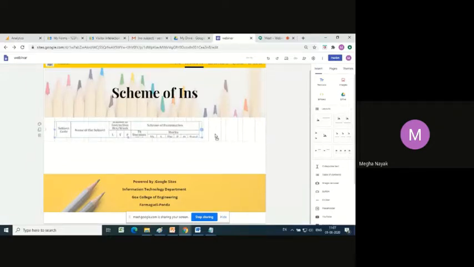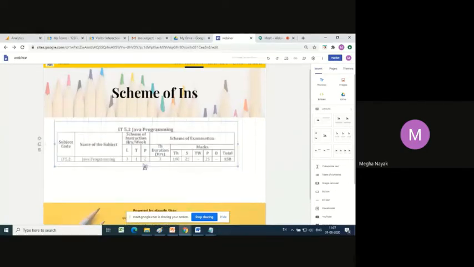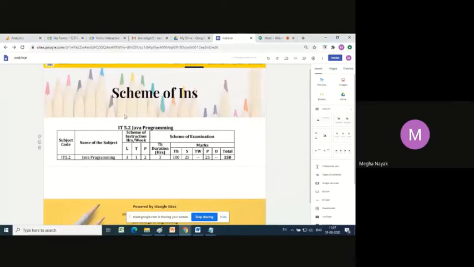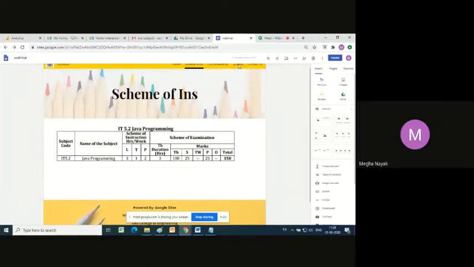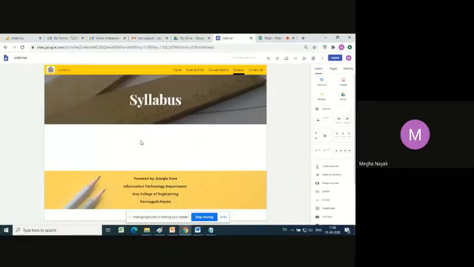I will drag it the way I want and how much I want it to cover a page. Okay, and then just pull it so that it can be viewed. So this is the scheme of instruction which I had already taken an image and kept, and I populated it on this page. Similarly, I can go to syllabus and populate another image over there.